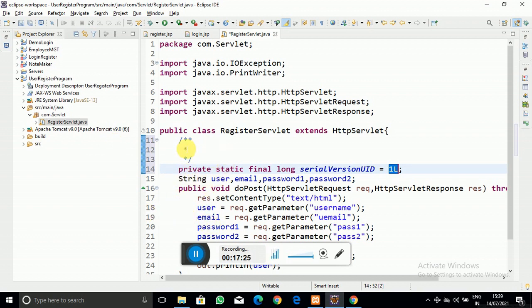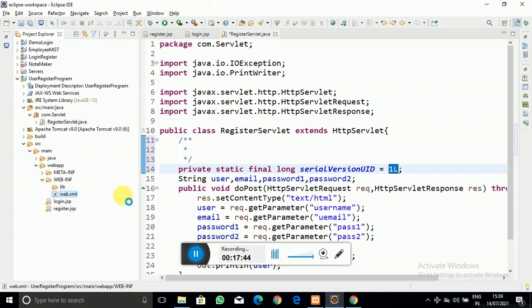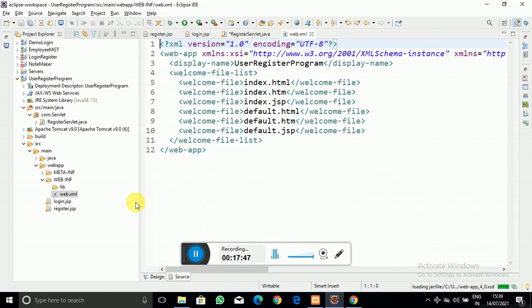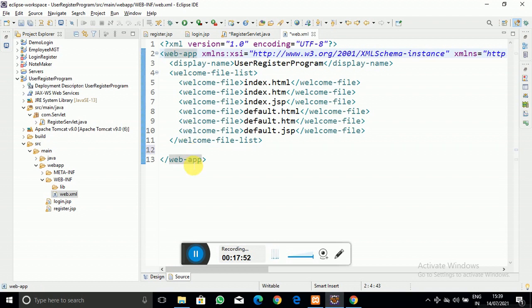To deploy this servlet, we have to register it in the web.xml file, which is in the src folder, main, webapp and WEB-INF. Into the WEB-INF folder you will get the web.xml file, and in it you have to register our servlet inside the web-app tags.